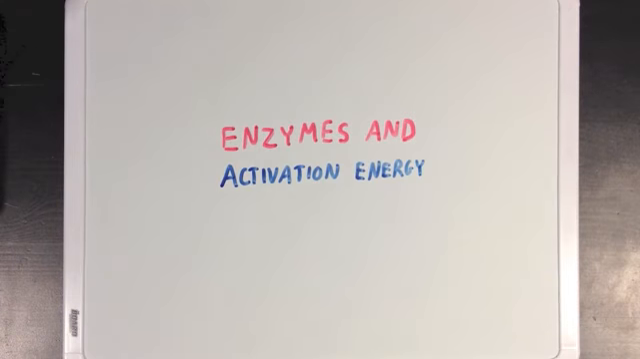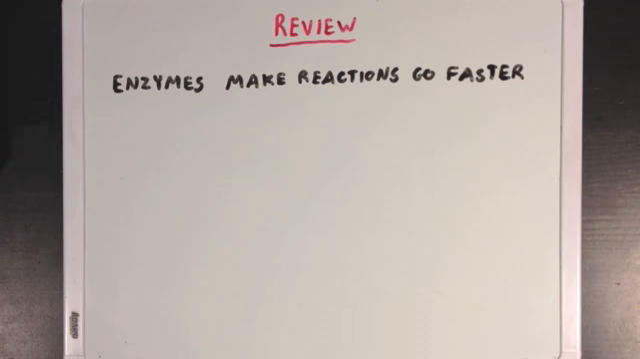Today we're going to talk about how enzymes can influence a reaction's activation energy. But first let's review the idea that enzymes make biochemical reactions go faster. And in order to do that, they use a bunch of different catalytic strategies. Now there are lots of different catalytic strategies that enzymes use, but a couple of the key ones are acid-base